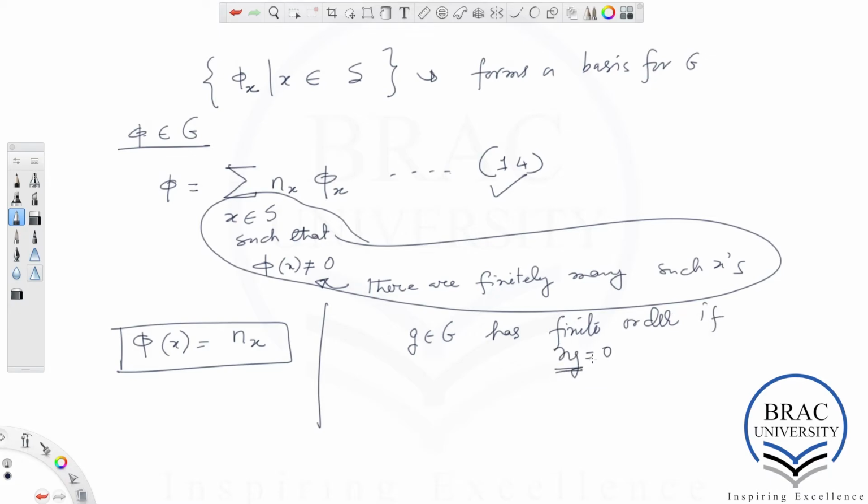What is ng? ng is nothing but g added to itself n times. Okay, and g added to itself n times results in 0. And then we say that if this results in the identity element of the group, and if this is the case, we say that the element g is of finite order.